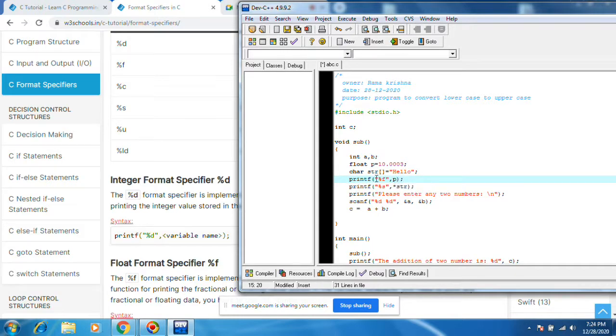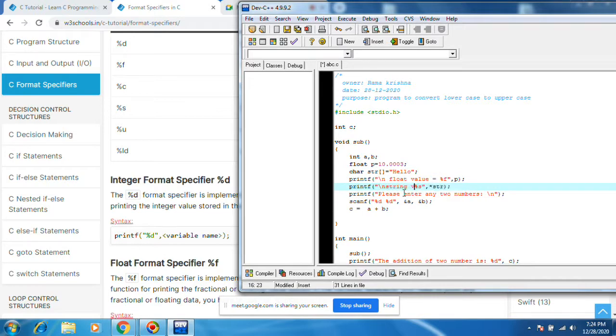Okay, you can put \n if you want to print all outputs in a new line. And then this will be: float value is equal to %f.